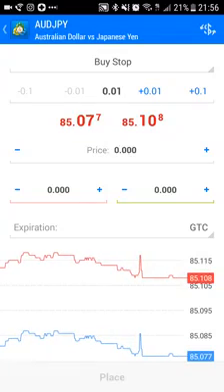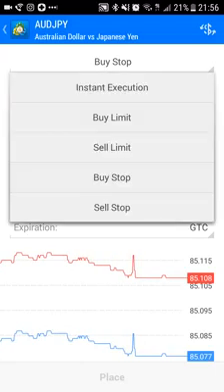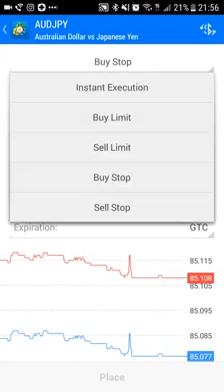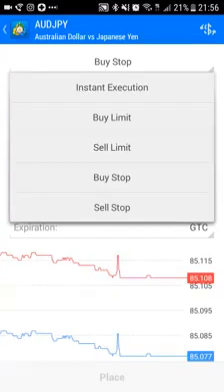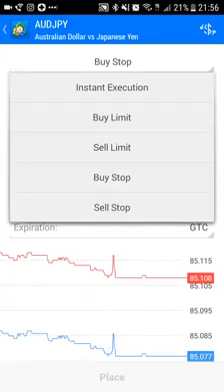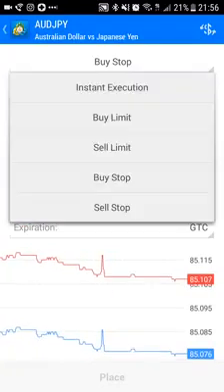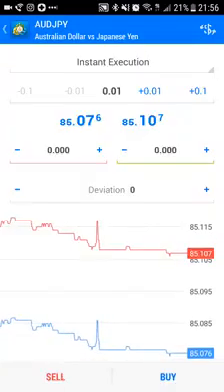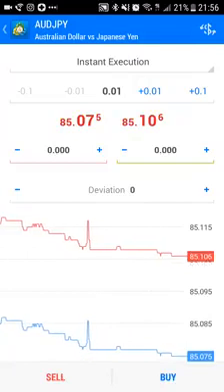All right, and once you put in your buy stops and your sell stops and your buy limits and your sell limits, then once price hits those, you will be entered into the trade accordingly. The next thing we want to look at, below our trade types,